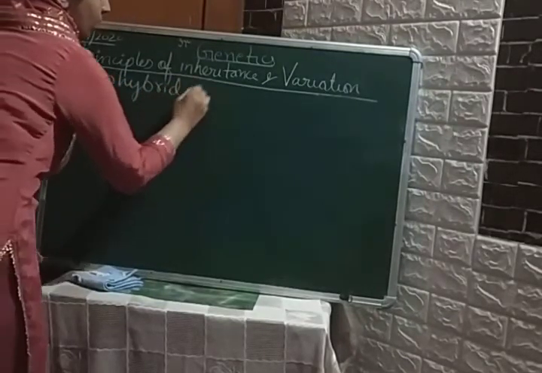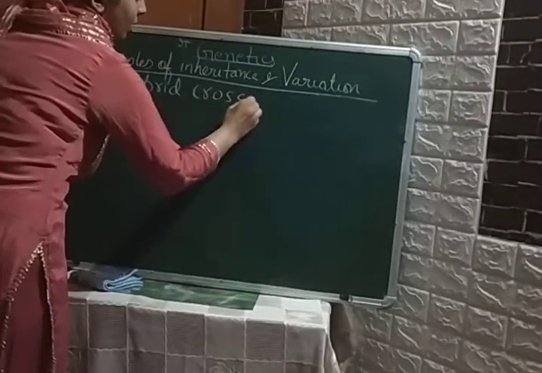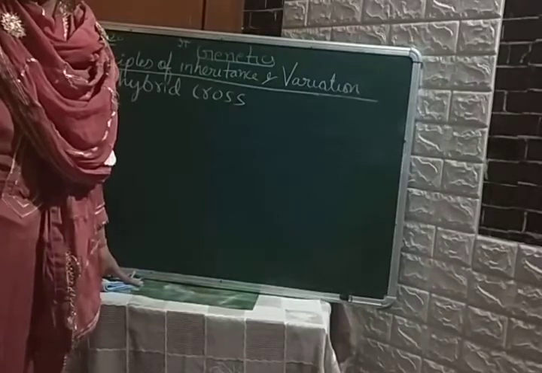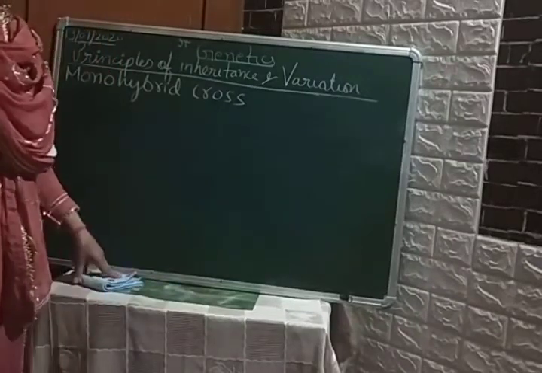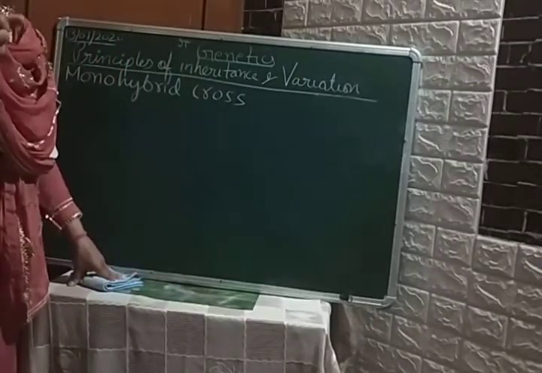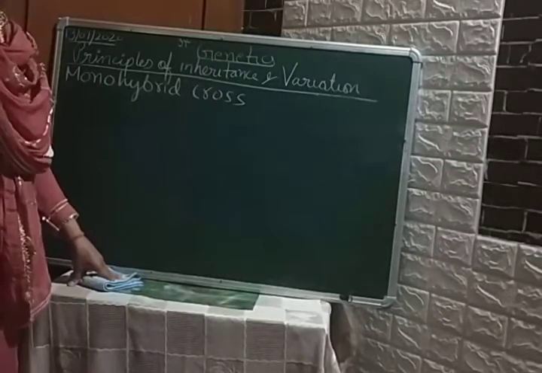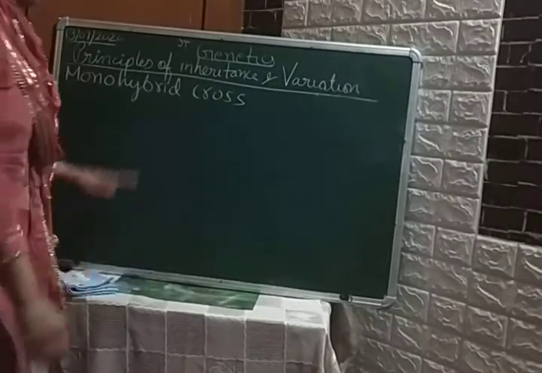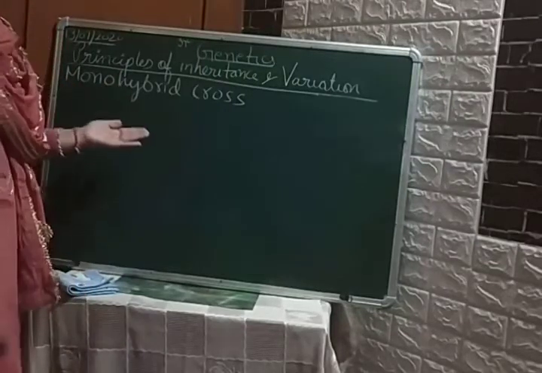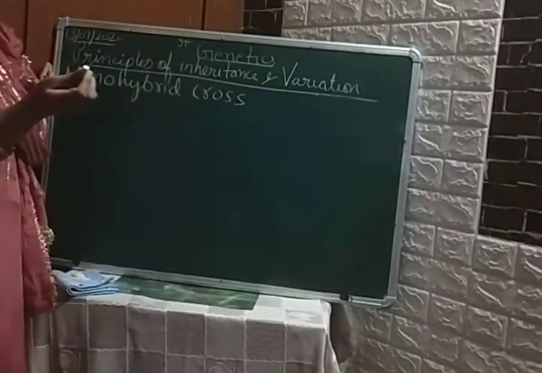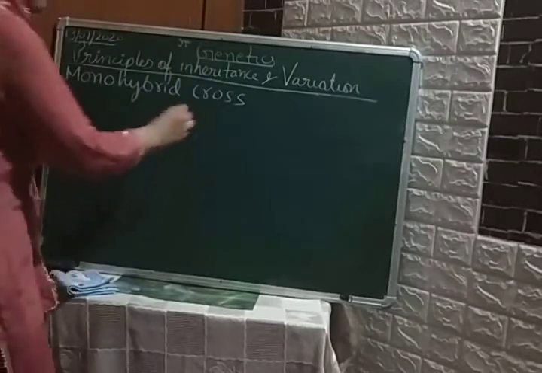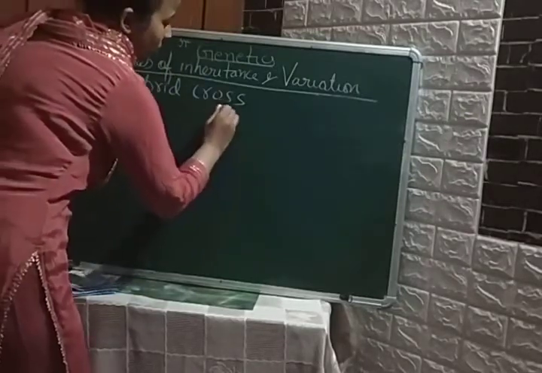Monohybrid cross. What happens in this cross, students? Only one character is involved. One character means what? Height, shape of the seed, color of the seed, flower position. These are your characters. Okay. So here Mendel has taken the height of the plant. Okay. Which plant? Pisum sativum. Okay. So here, students, I am